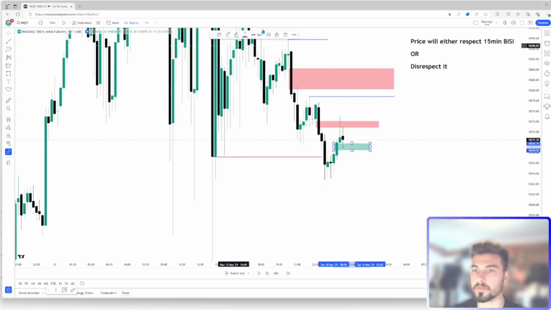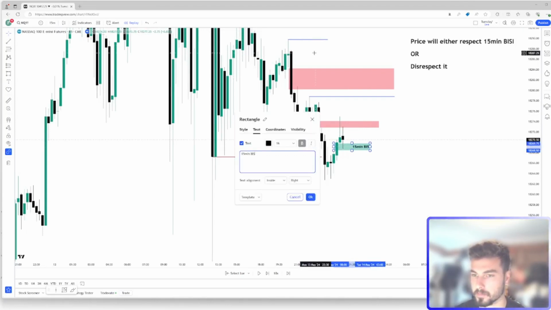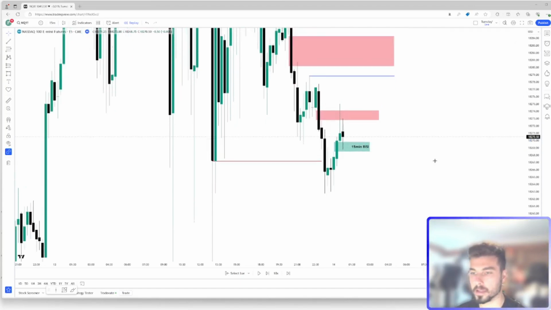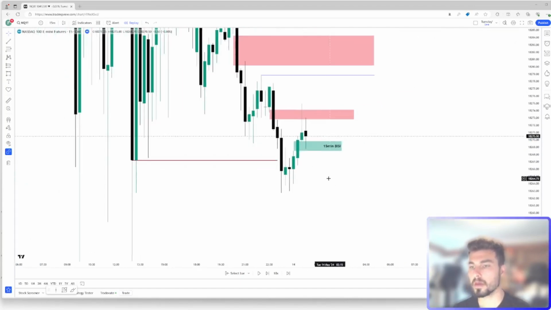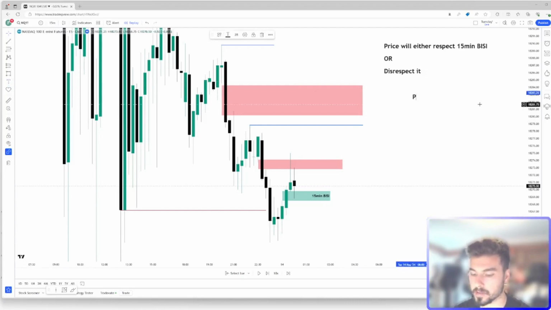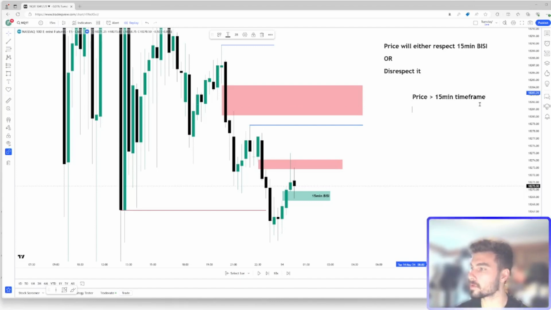This here is a 15-minute bullish fair value gap. And this is the exact analysis that I did yesterday. I posted this trade on the community tab. It's all there for you guys to see. Now, this is only one element of price. So far in terms of price, we've looked at the 15-minute time frame, and using liquidity, using imbalances, using what's already happened, now we've determined we're looking for a long position.